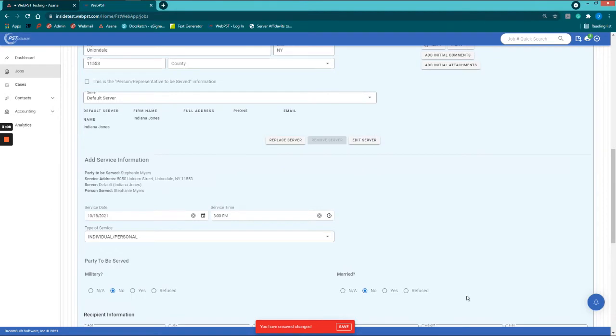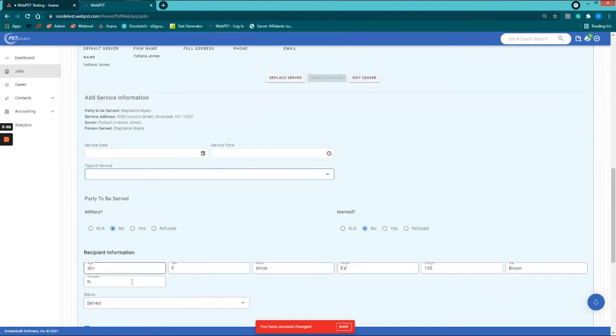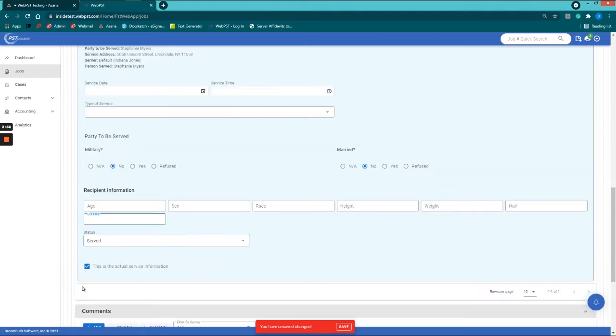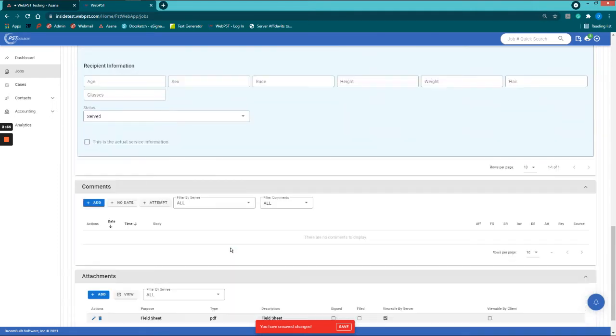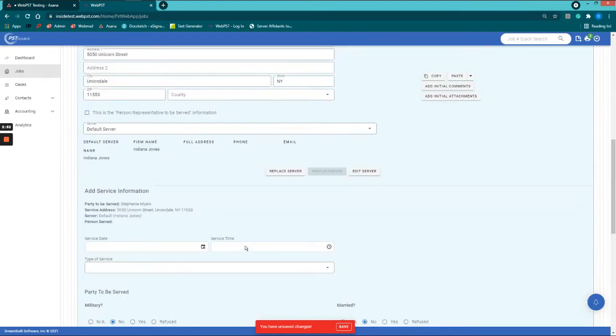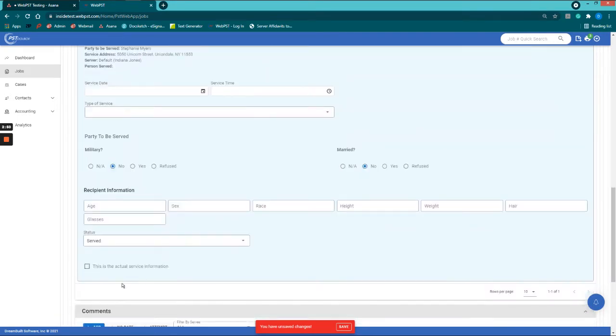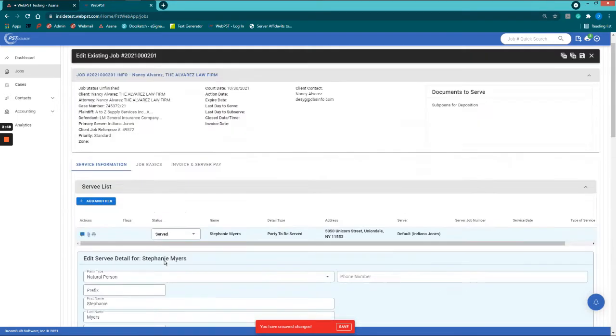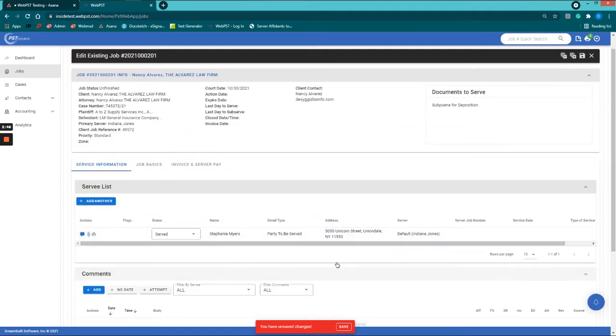Now let's just pretend that it's not individual service. Let's just say it's an actual substitute service. So let me remove this from here real quickly, just to run the second example, and then I'll run through the very end. Okay, perfect. So if it was a substitute service, then what we would do is expand the party to